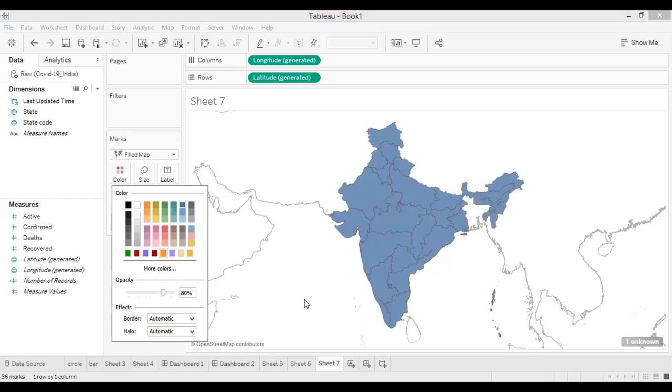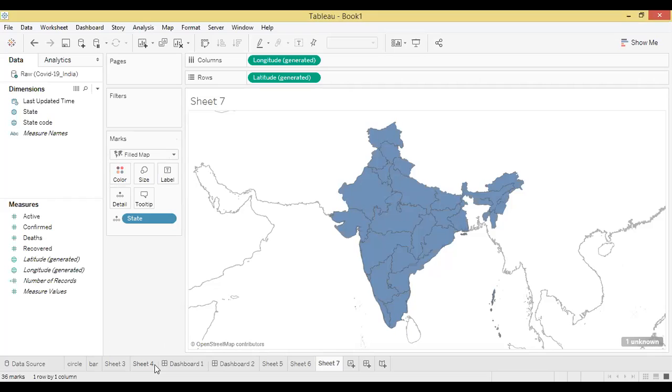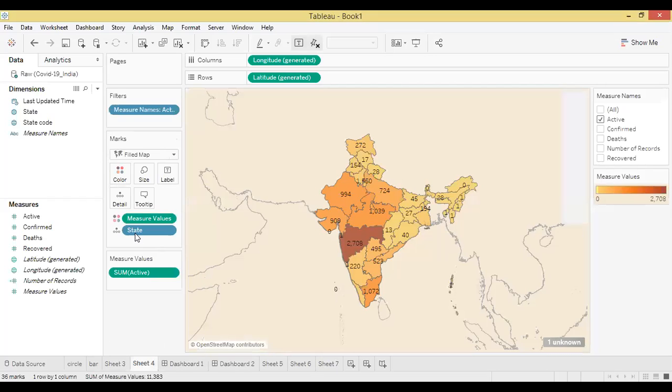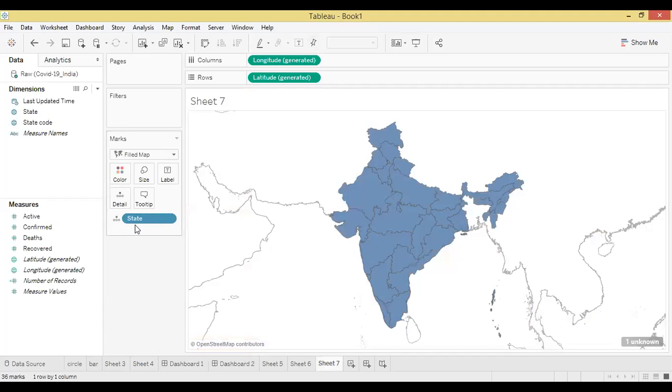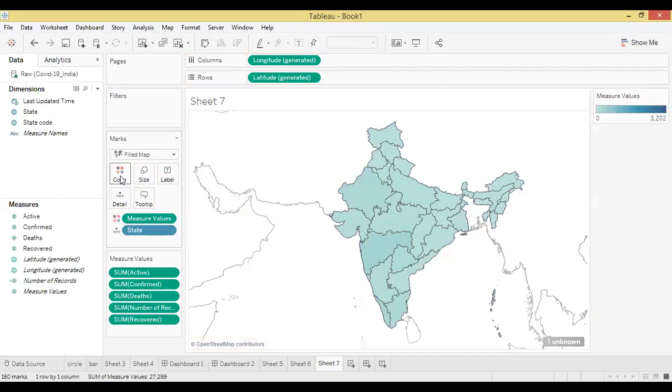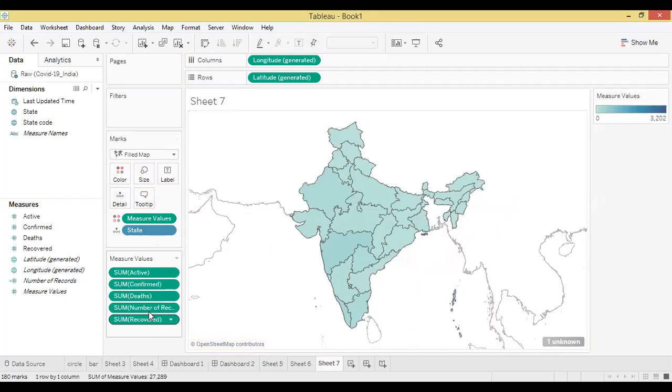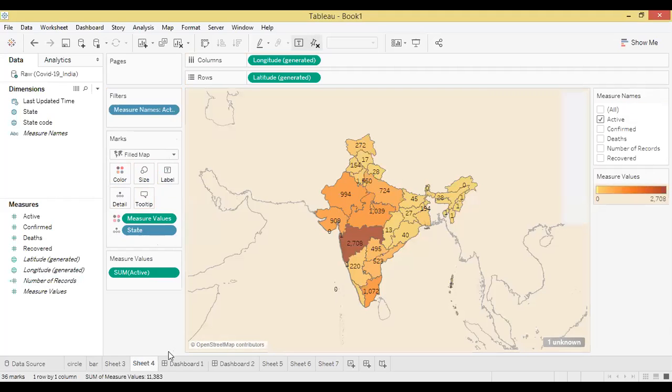See, over here, the states are already selected. यहाँ पे states detail में आया हुआ है. Now we have to take measure values ताकि सारे values एक बार में आ जाए. Exactly. अब यहाँ पे the key difference what is coming is normally यहाँ पे जब measure values लेते हैं, यहाँ